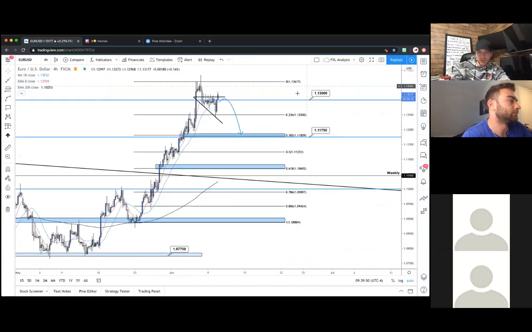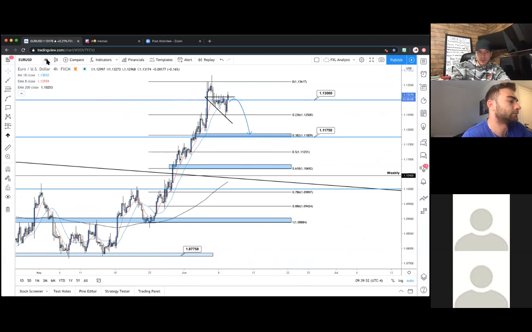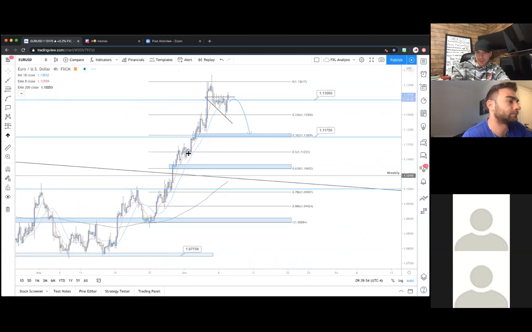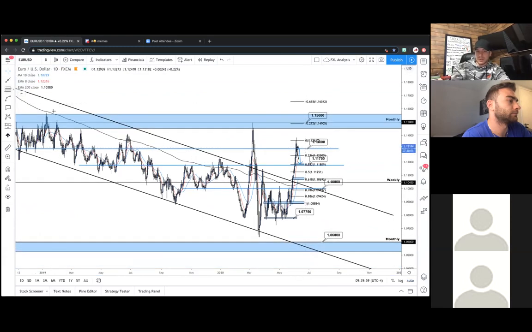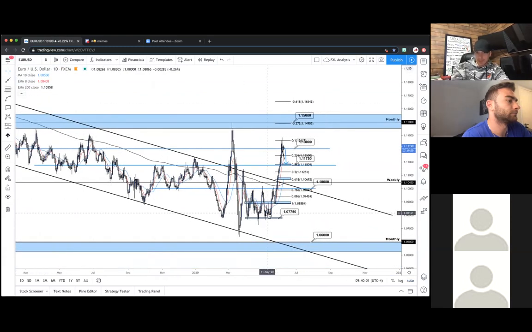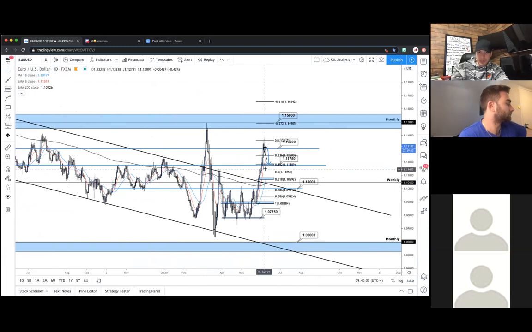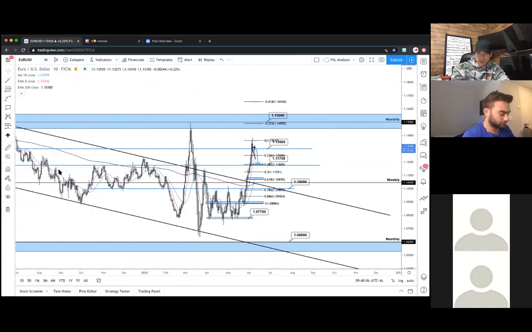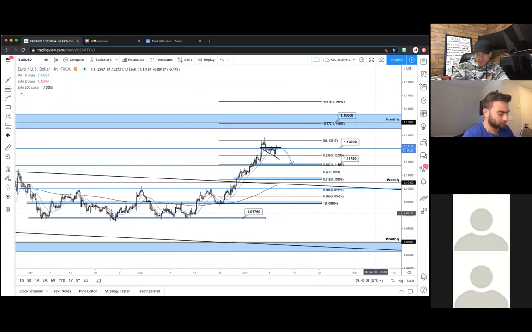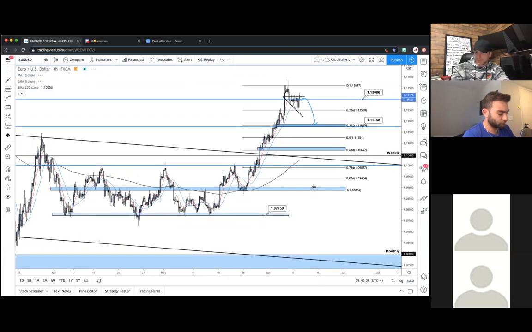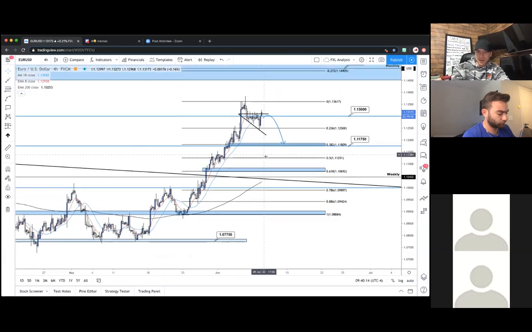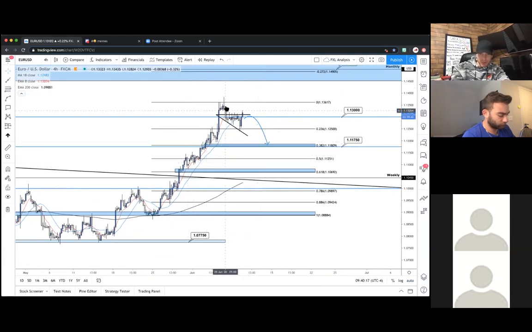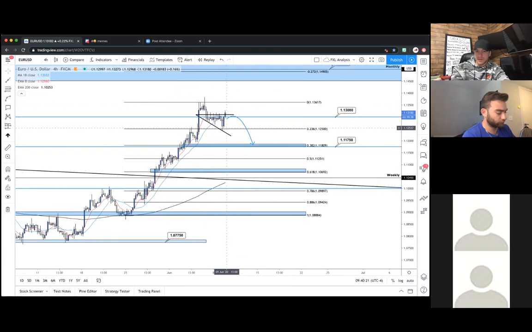Next, we got EU. So this one is a little trickier to analyze, and I'll explain in a second why. If we go to the daily time frame, we can see that it's primarily bearish, right? Very, very bearish. And then it finally just broke here on this 4 hour trend. So if we go to the 4 hour, we can see that this is clearly bullish, pretty strong, pretty steep, lots of bullish volume. Not many pullbacks really. This actually was the largest pullback, the largest bearish candle we saw in this entire push,